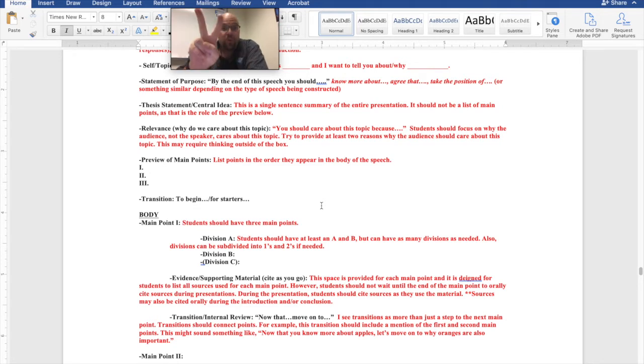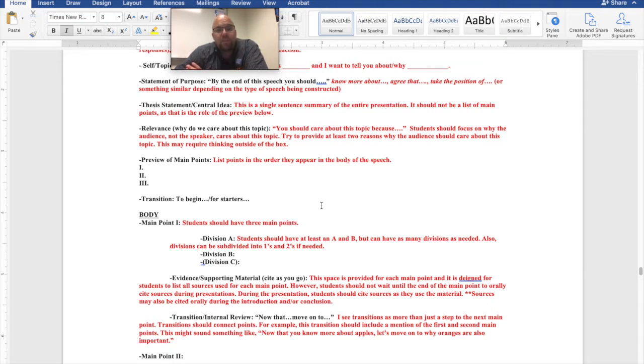Now, two tips on this. First, always do this dead last. Do everything else first, then come back to the thesis statement. It's really difficult to summarize at this point a speech that's yet to be written. I mean, if you're in the introduction, you haven't created the speech to summarize it yet. So do it at the end. The other tip